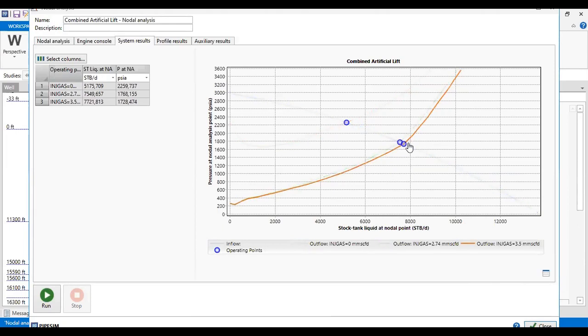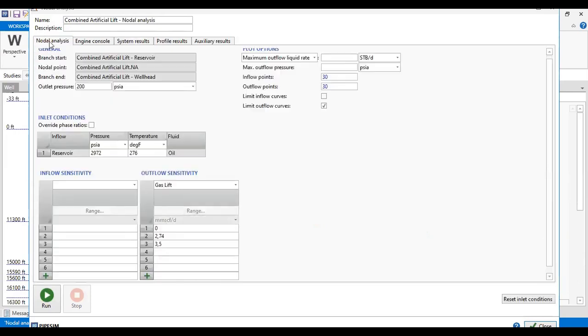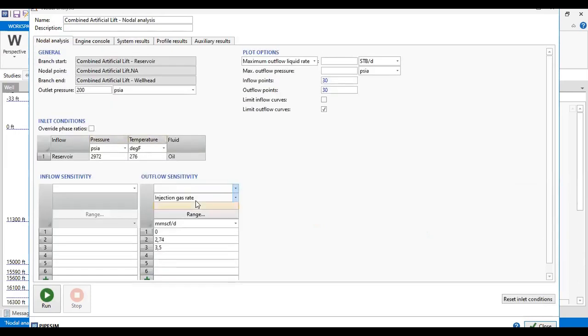All right, the flow rate increases, but it's not significant. We only increase the flow rate from 7,550 to 7,700. All right, so that's for the sensitivity analysis.